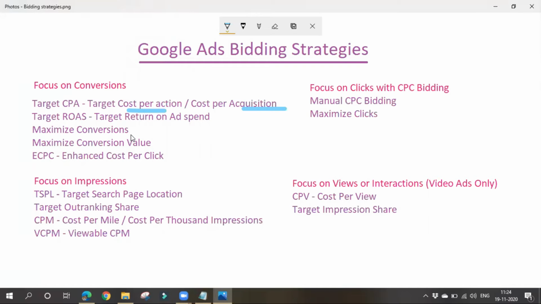Okay, next one is maximize conversions. What is this maximize conversions? In case of shopping ads, you might have seen these two things yesterday: maximize conversions and maximize conversion value. What is the difference? Maximize conversions is also an automated bidding strategy. Here it automatically sets bids to help get the most conversions for your campaign.